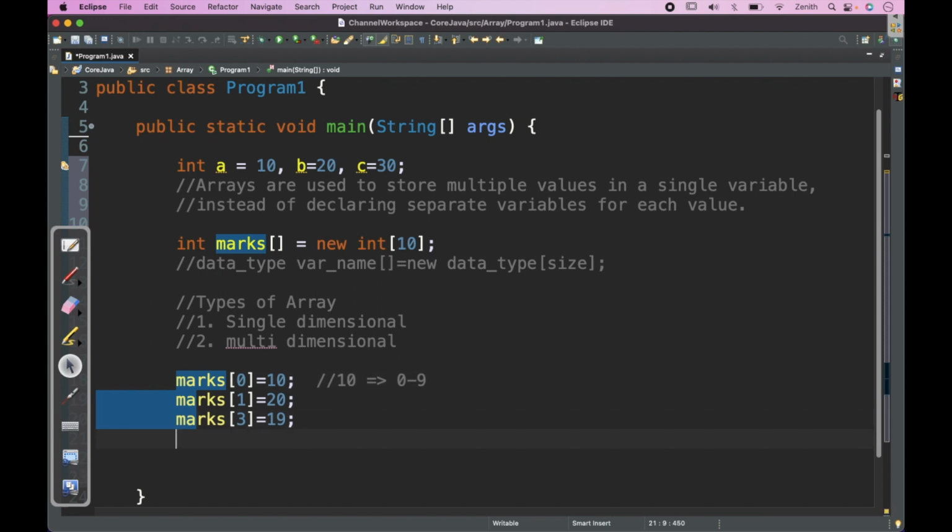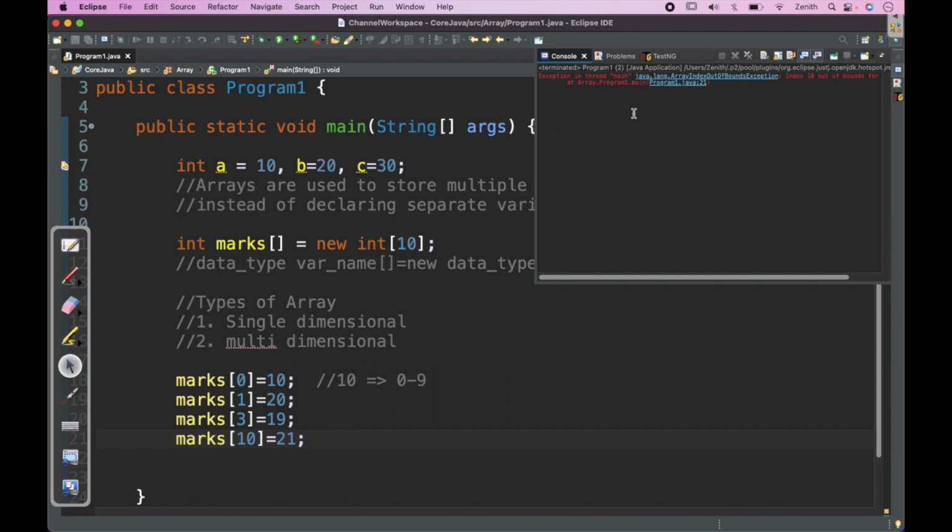Now if I try to execute, I am not getting any output because I haven't written any printing statement, but still if I execute, there is no issue. But if I try to use the index number out of 0 to 9 like 10, and here I try to store 21, then it gives the exception like array index out of bound